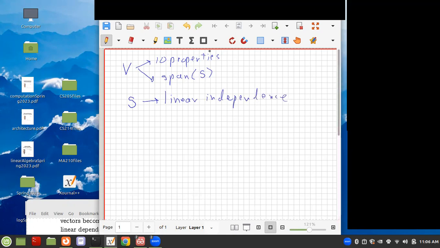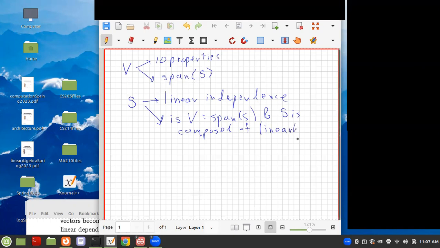And we also mentioned, just at the very end, that if V equals the span of S and S is composed of linearly independent vectors,